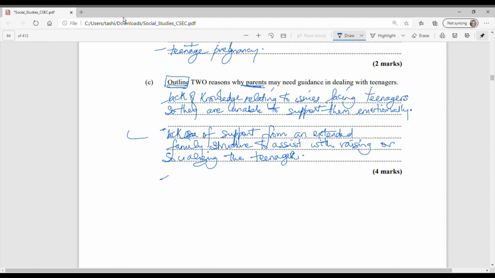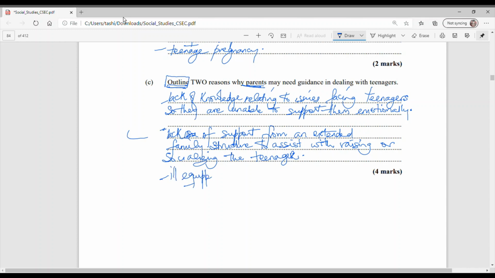Another one that you could write is that parents are ill-equipped to respond to the teenagers' behaviors that are influenced by modern challenges. So you may have parents who know absolutely nothing about the internet, so they are ill-equipped to deal with these issues that teenagers may experience, such as bullying on social media or social media promoting sexuality, etc. So that may be a difficulty that they face, so they may need guidance specifically in dealing with teenagers in that regard. So they are ill-equipped